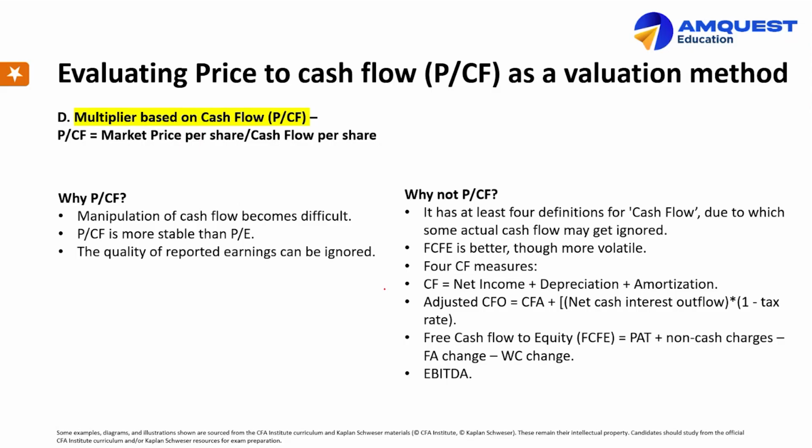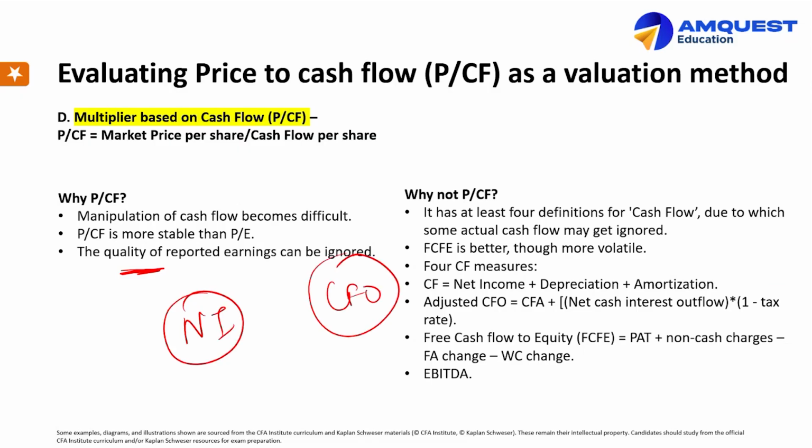The last is cash flow. Cash flow is very difficult to manipulate. Cash flow is more stable than price to earnings, and over here we are able to see the quality of reported earnings. So that means my net income can be very different, my cash flow from operations can be very different. तो नेट इनकम में जो प्रॉफिट जनरेट हो रही है वो एक्चुअली कैश में जनरेट हो रही है या नहीं, आई एम एबल टू डिटरमाइन यूजिंग माय सीएफओ।